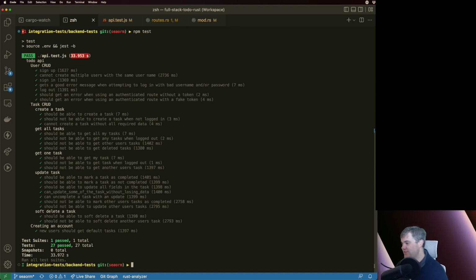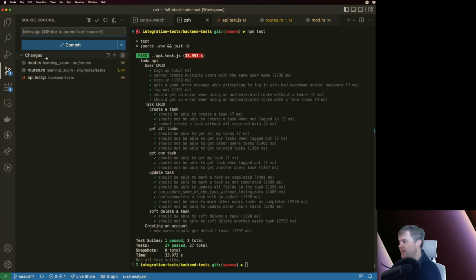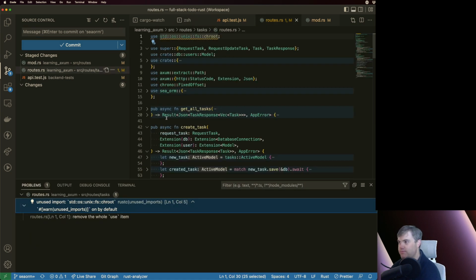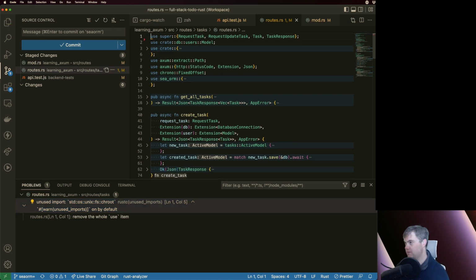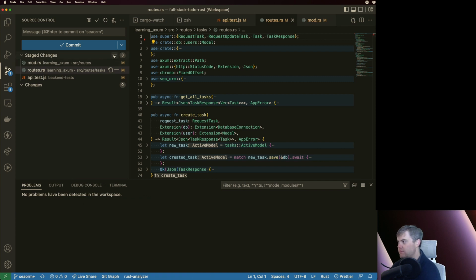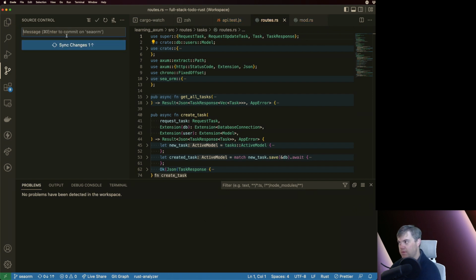All right, all of these pass, so we can now soft delete tasks. Let's commit this. Oh, we have a warning too. Let's fix that. I brought in chroot by accident. Okay, so we can soft delete tasks. Now,